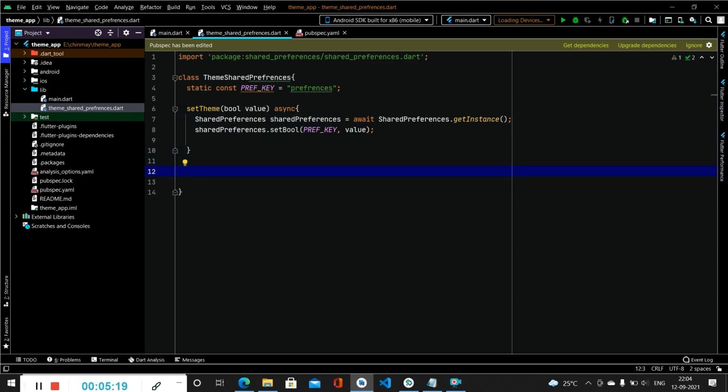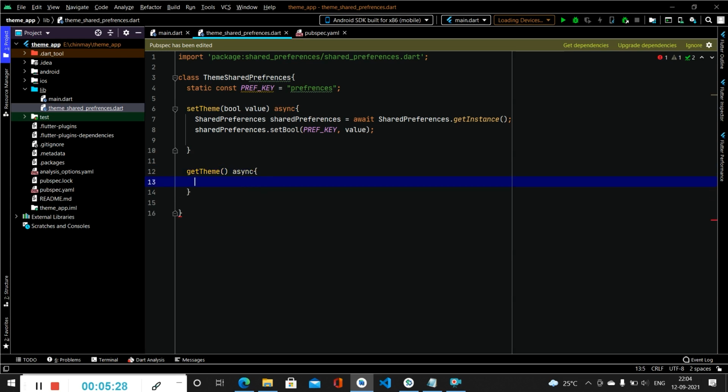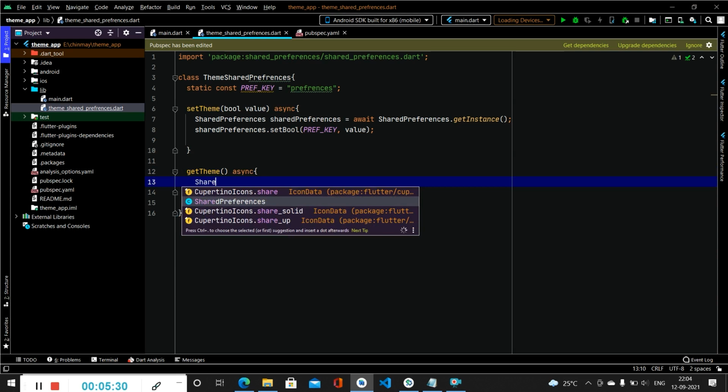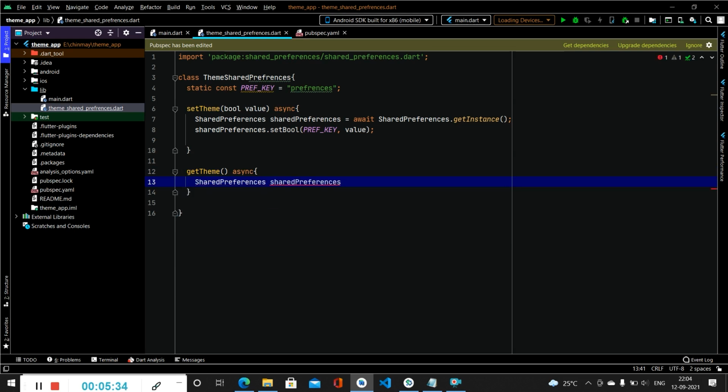Then we will create one more method, that is get theme, which will be used to get the current theme. Inside this we will also be calling shared preferences, creating a variable for it, then again calling await shared preferences dot get instance to call its instance.